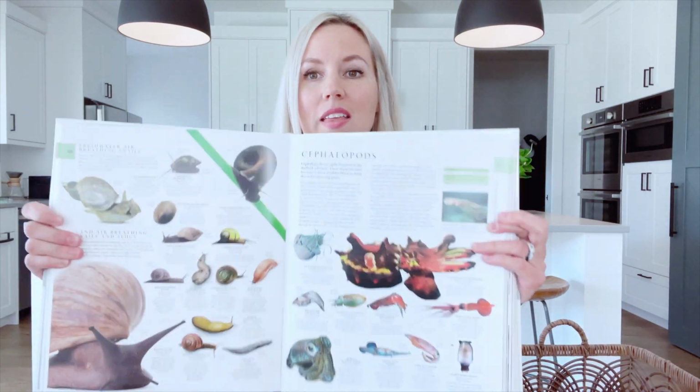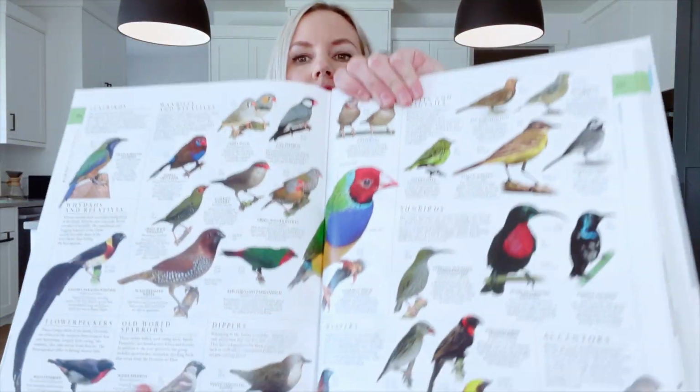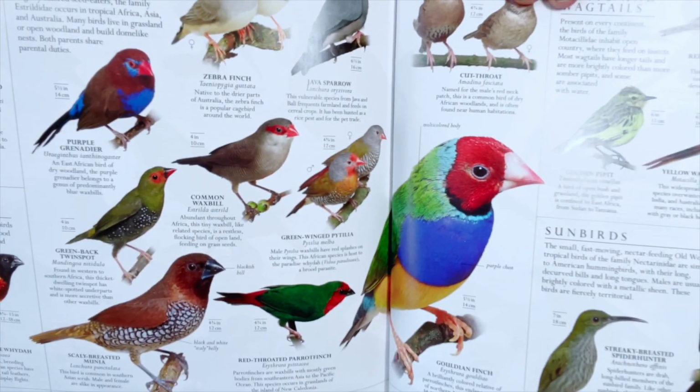But I love this Smithsonian Natural History book mainly because, yeah, who wants to open it up on snails and slugs? Ugh. So let's see. Here we go. These are beautiful. So I always highly recommend when you're doing a nature study at the table, natural history, if you're not outside at the time, especially with simple studies, I love this book because it has actual pictures of the animals, fauna and flora,